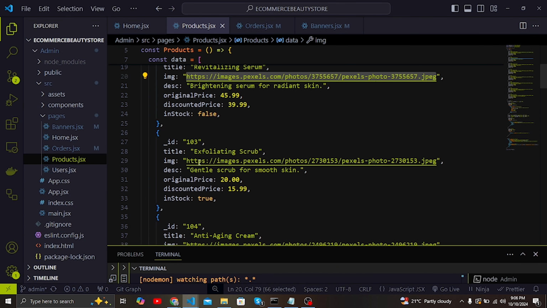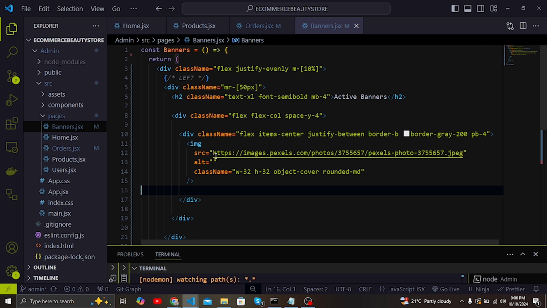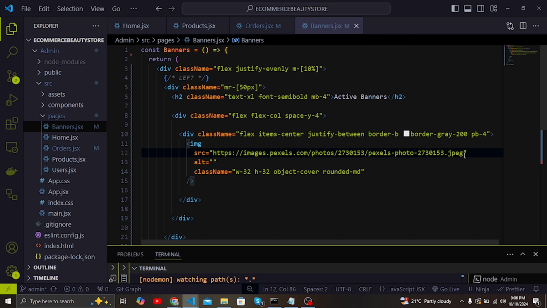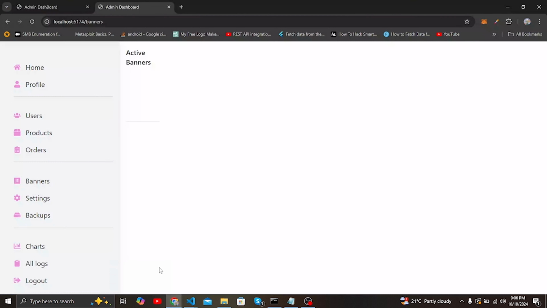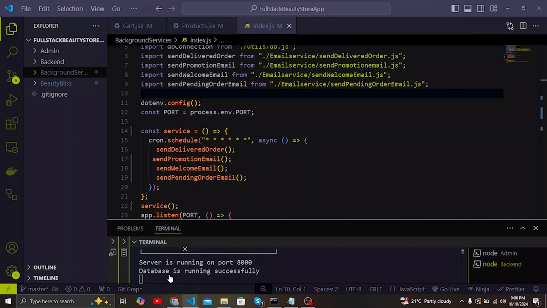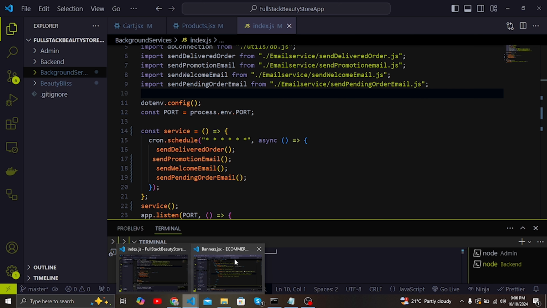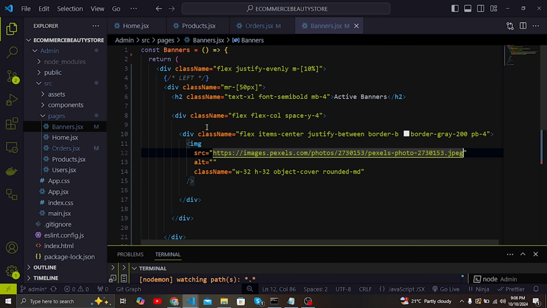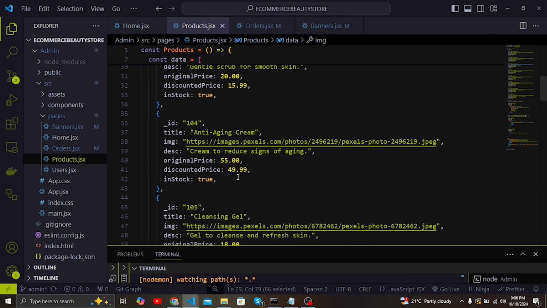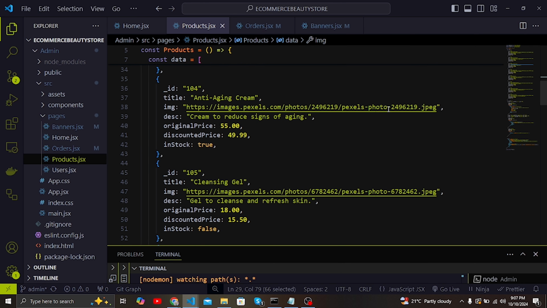So let me just copy another URL here, like that, copy that, and in my banners here I can copy this also. Let me save it, and if I reload here, you can see we have an image, but this image is not for the product. So I think I need to come back here to the products and maybe look for another one here. For example, I think this one